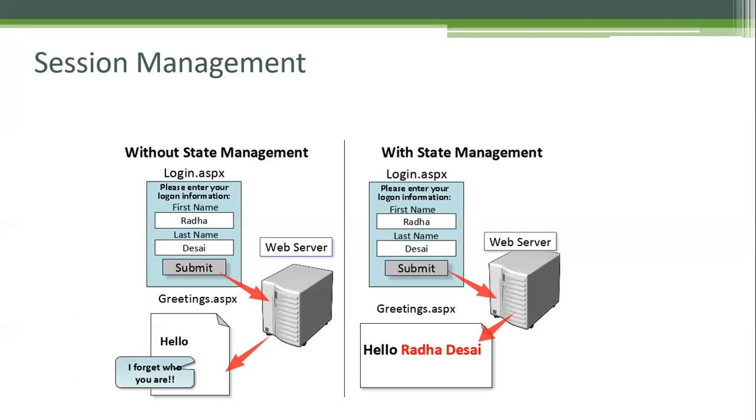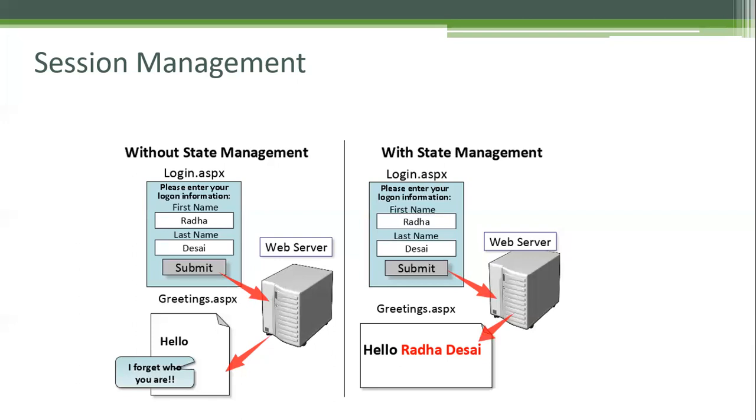This will continue until you implement sessions or state management. When you make a request from client to server, it will treat it every time as a fresh request, because HTTP requests are stateless. Server does not know who you are. So to make the server know who you are, we use state management techniques.